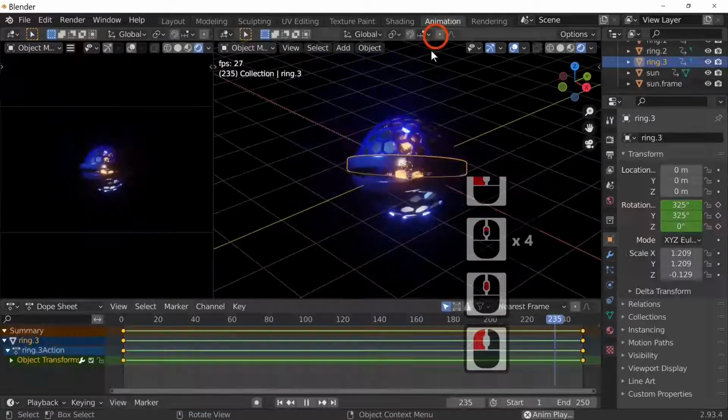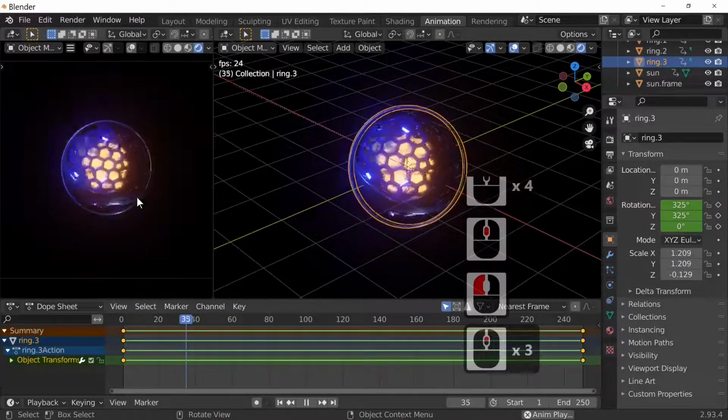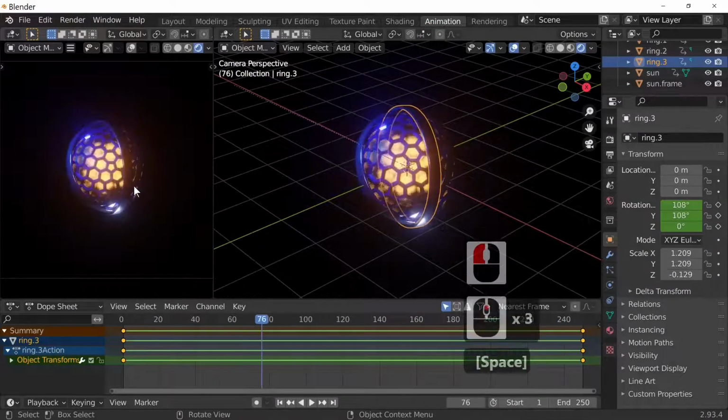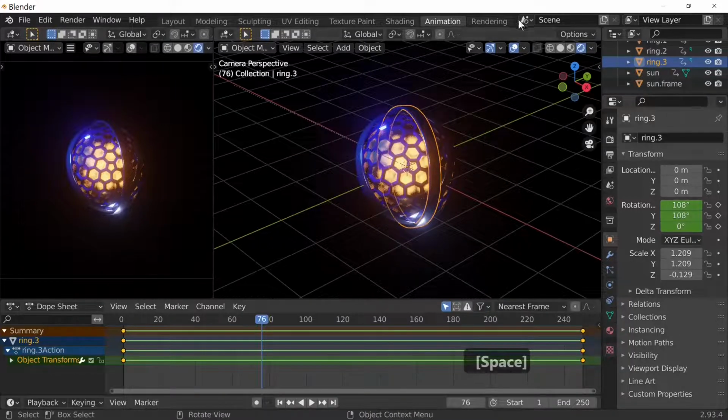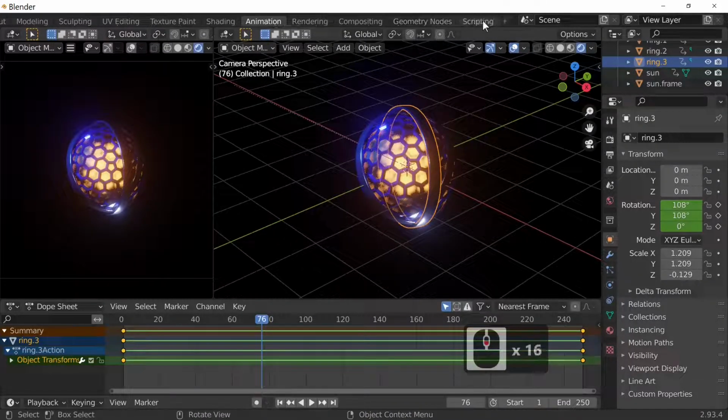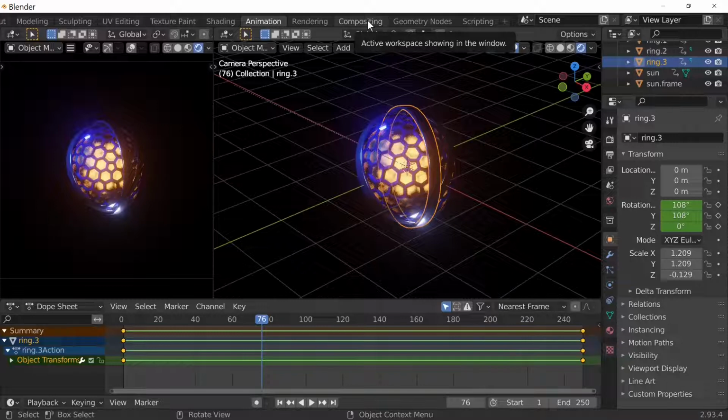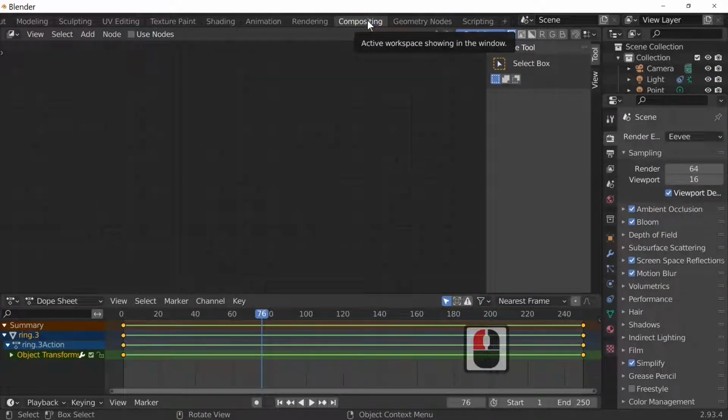In fact, I would do it on our animation because you can actually get to see what it's going to actually look like in the finished product. Right, so we're in our animation window. What we're going to do is, in fact, we're not going to go in our animation window. We're going to actually go into a thing called compositing. The reason we're going to go into compositing is this is where you can add some of the actual sparkles or some of the fancy effects that you see in some of the films and things. And what we're going to do is hit the compositing tab.